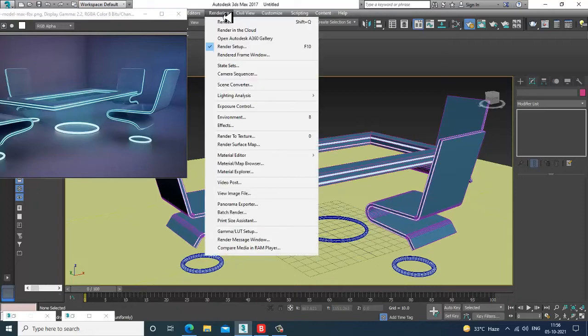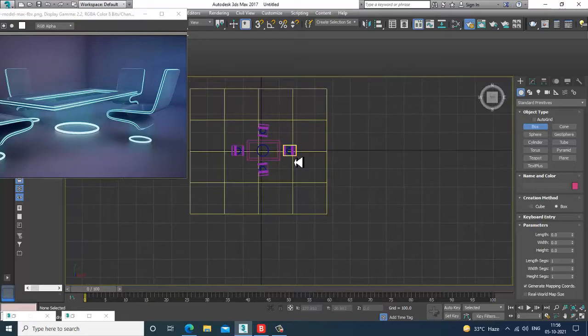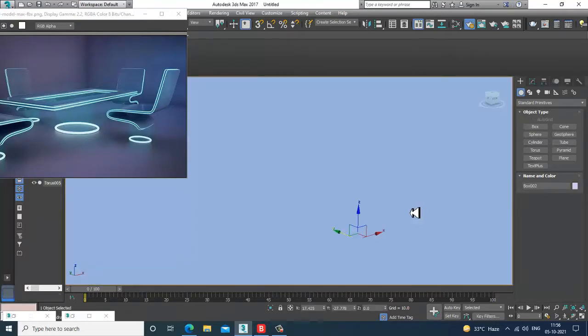You can create something which is inside. Convert to poly.